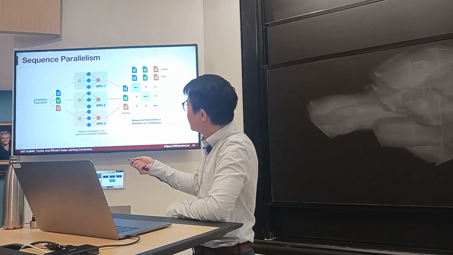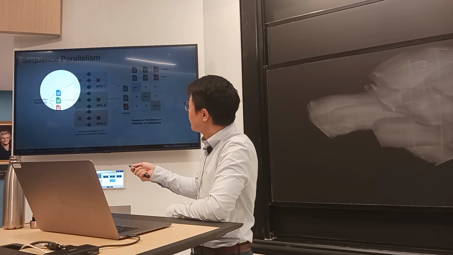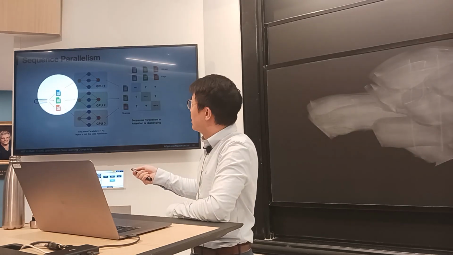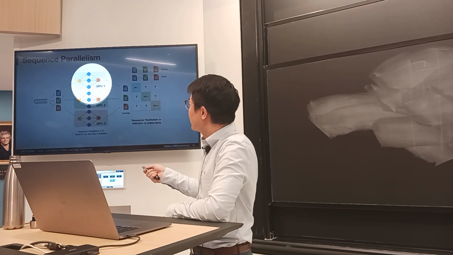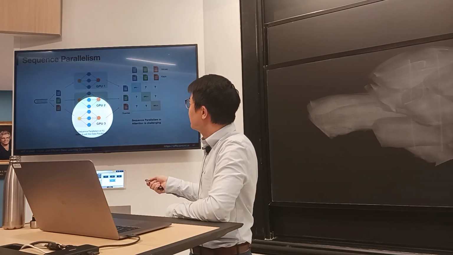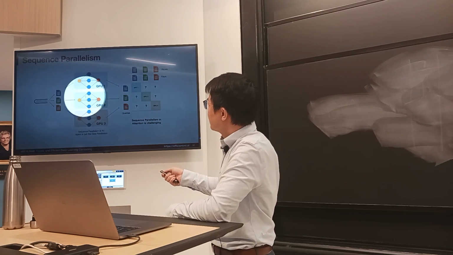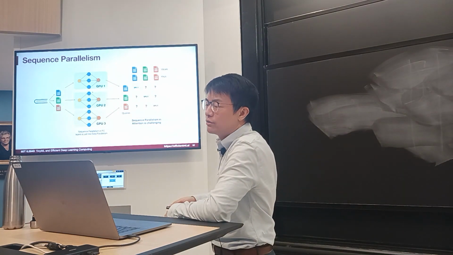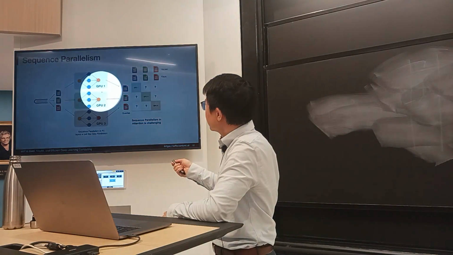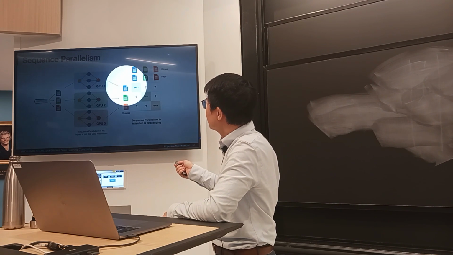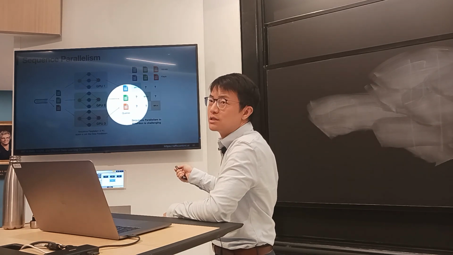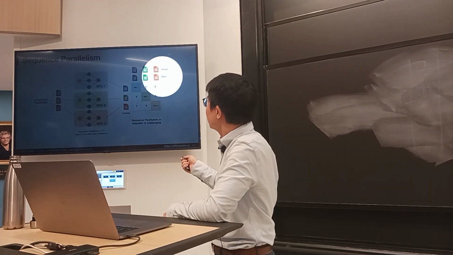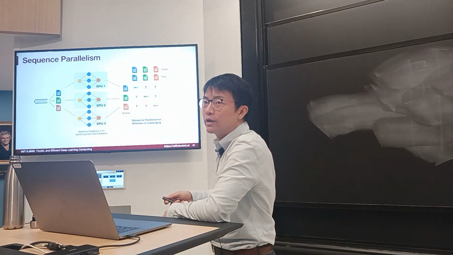So this is the basic concept. Say we have a book, 3 chapters, maybe each chapter is say 10K tokens. Now we have 30K tokens. We put 10K for each GPU. They are sharing the same weight, same model, but different part of the sequence, different part of the data. The question here is that each GPU only has its own piece of data, right? For the query, GPU1 has the first part, GPU2 has the second part, GPU3 has the third part. Similarly for the key and values, right? So different GPU only has its own